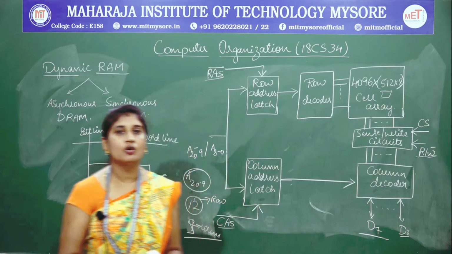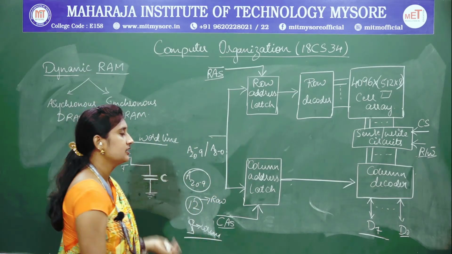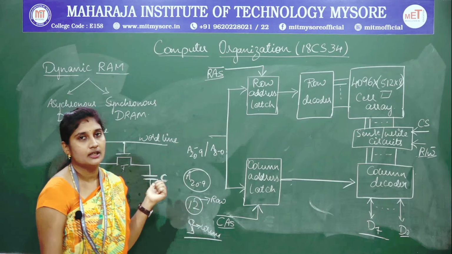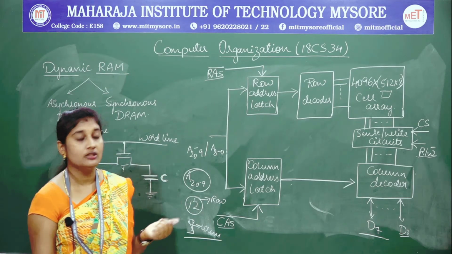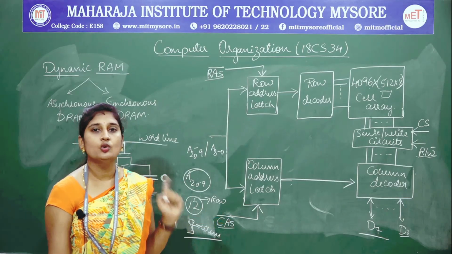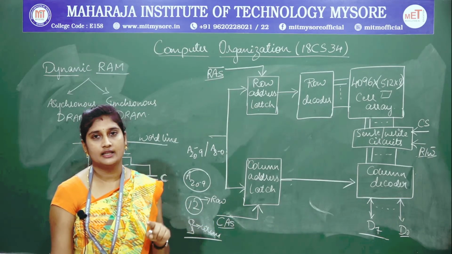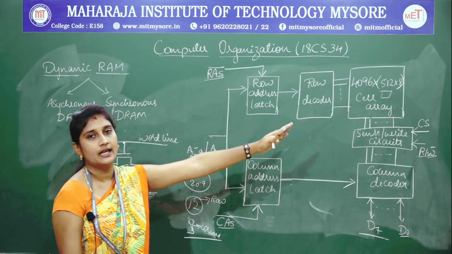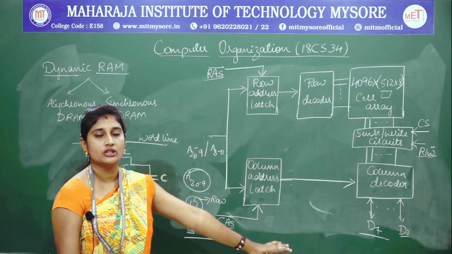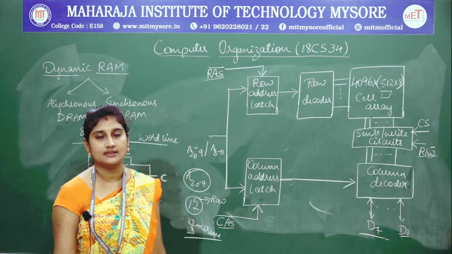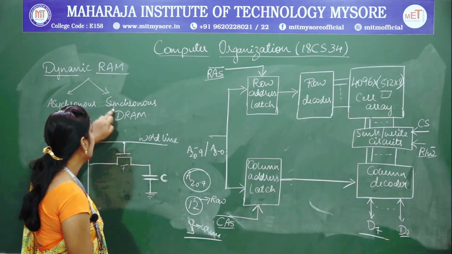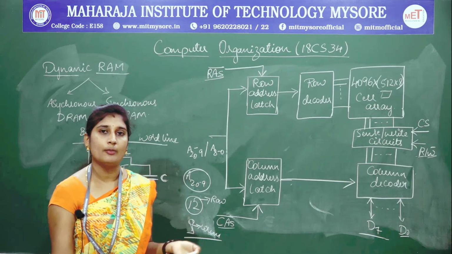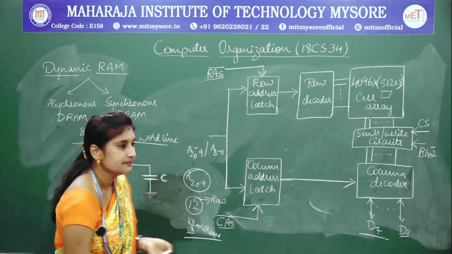Fine. So now let us look at the asynchronous DRAM operation. The difference between synchronous and asynchronous DRAM operation is that in asynchronous there will be no synchronization, whereas in your synchronous DRAM cells you will be synchronizing with the clock cycle. So you will be having a clock. The time interval, the latency and bandwidth will be calculated by using the clock and it will be synchronized with the clock cycles. So that is why it is called synchronous DRAM. So now let us look at how that operation will get performed.